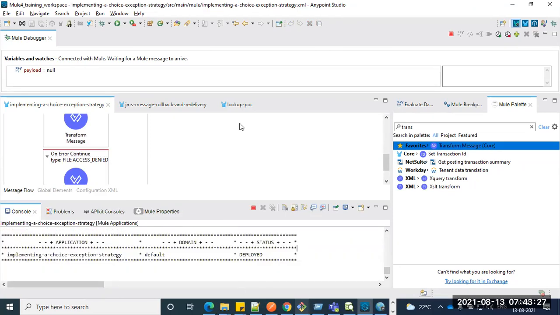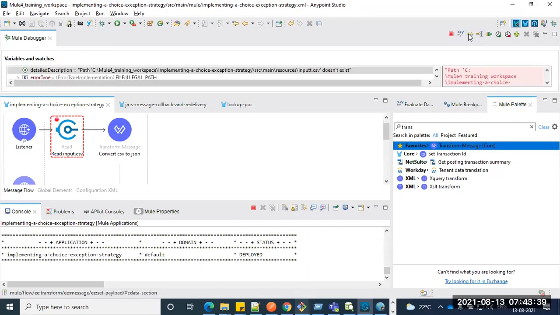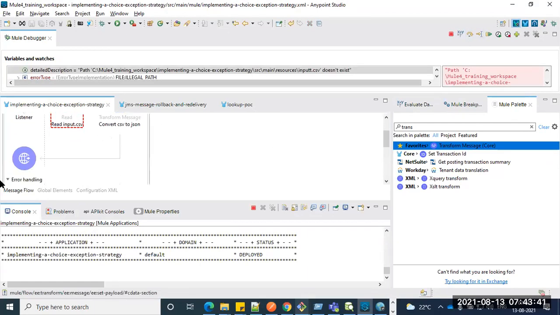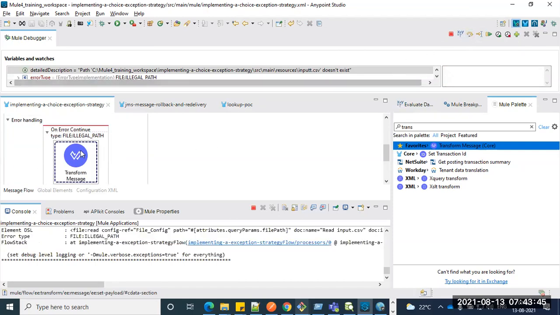Okay. Application got deployed. So let me try to hit the request now. Let's hit an invalid path only. I'm just passing an invalid path. I got a request. I got an error. So where will it jump? It will jump to the flow level handling. Right. I got a request here. You can see.